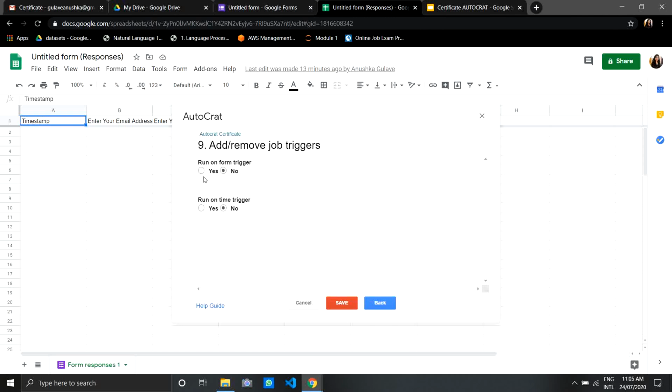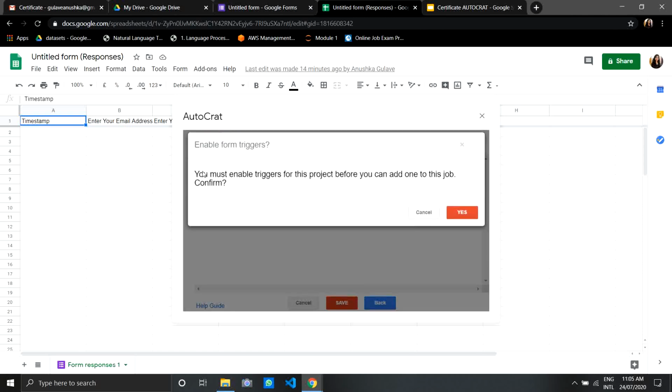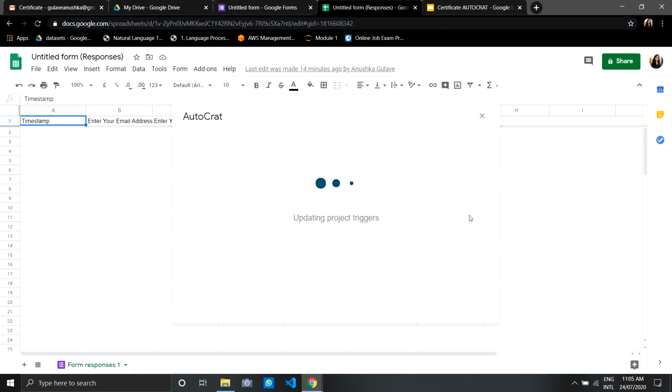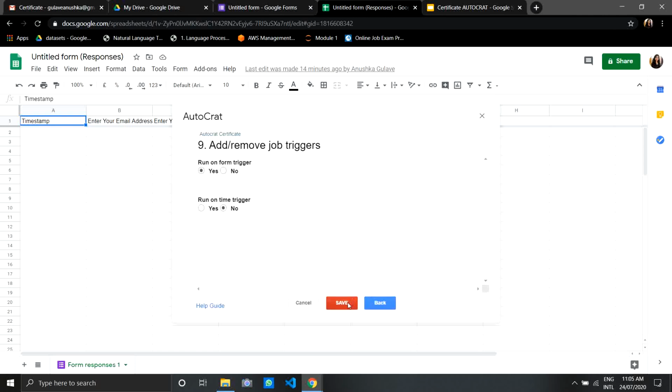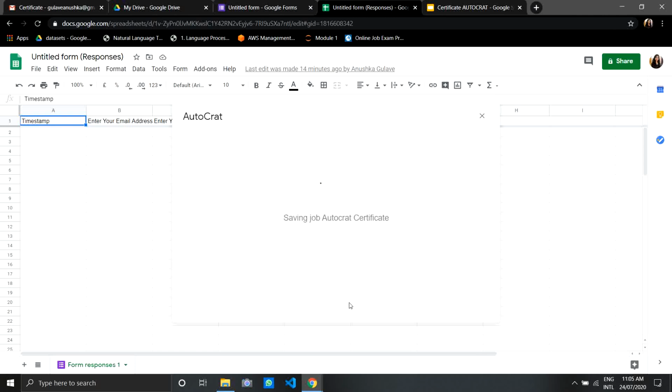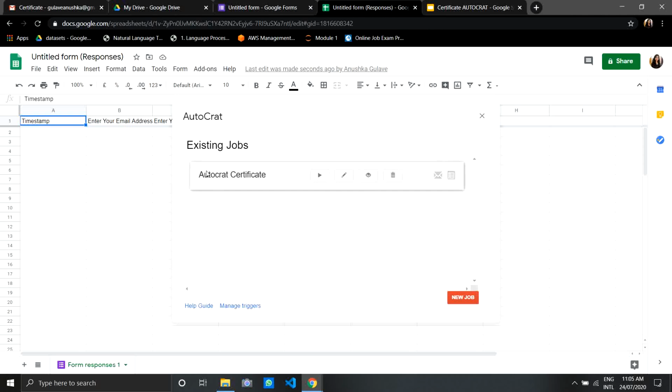We have to run on the form trigger. In the option we have to choose the yes and click on yes. Okay, so our project triggers are going to update. Click on the save. Okay, so our autocrat certificate is now saving. Okay, you can see here our existing job autocrat certificate.